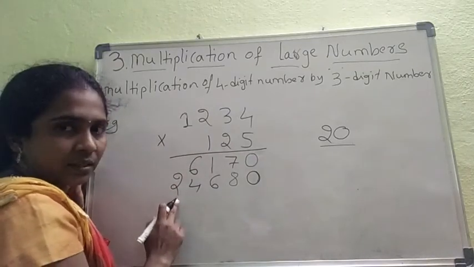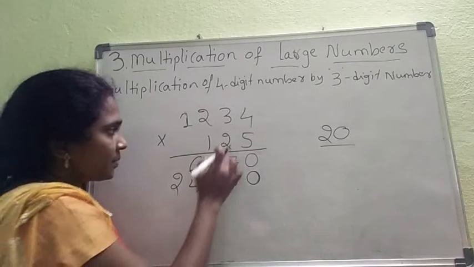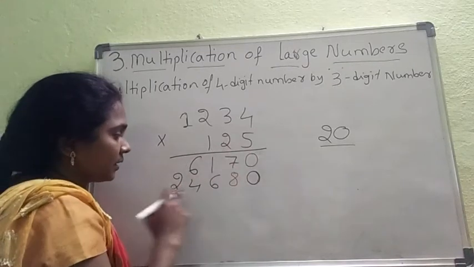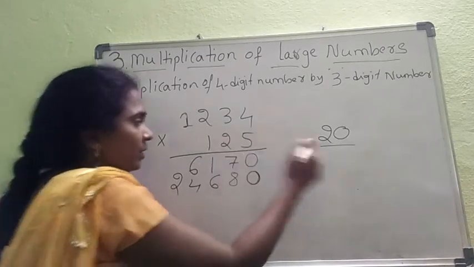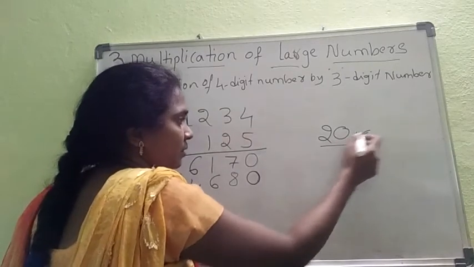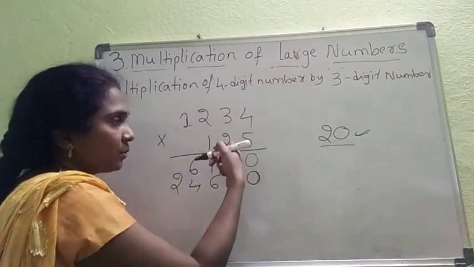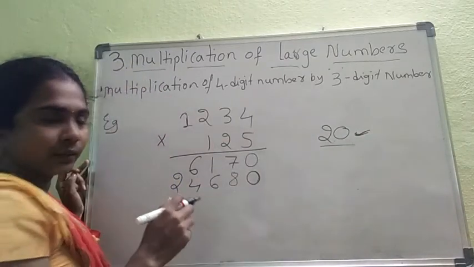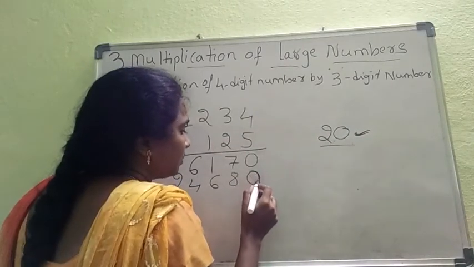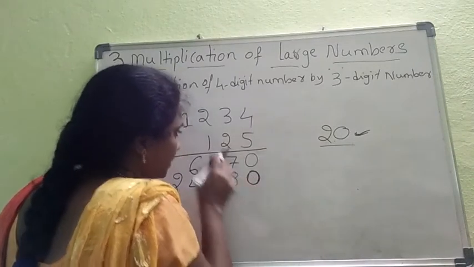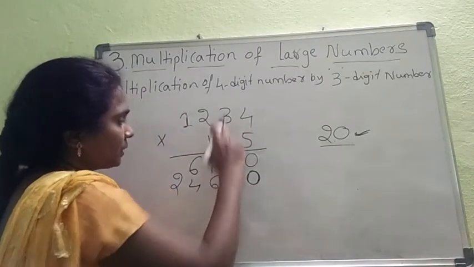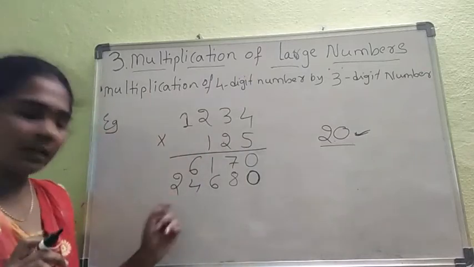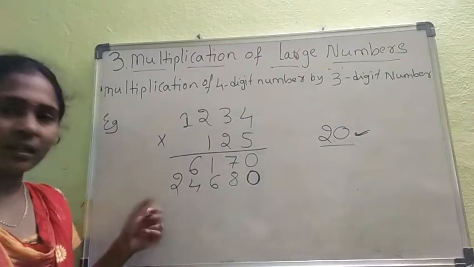We completed, right? See, again I am explaining the second step. First we were done with the ones place digit. Now I started here with the tens place digit. But when you are multiplying the tens place, that means you are multiplying with 20. That means here 2 is there, that means 20. If it is 3, then you are multiplying with 30, like that. Okay. Now I kept here 0. Right. Next 2 4s are 8. 2 3s are 6. 2 2s are 4. 2 1s are 2. Right. Now we completed the second step also.